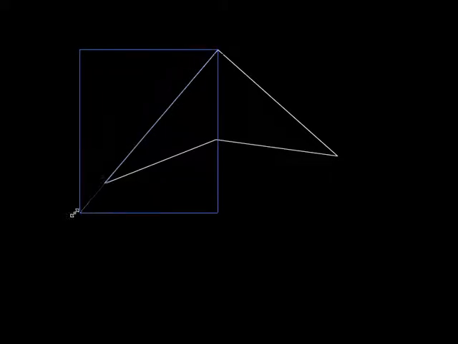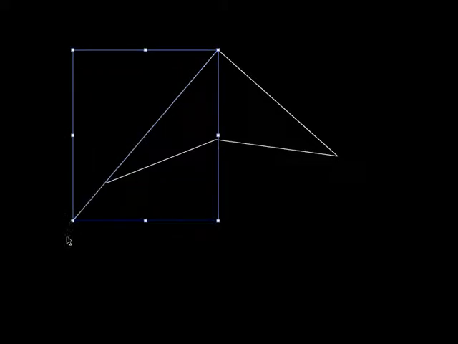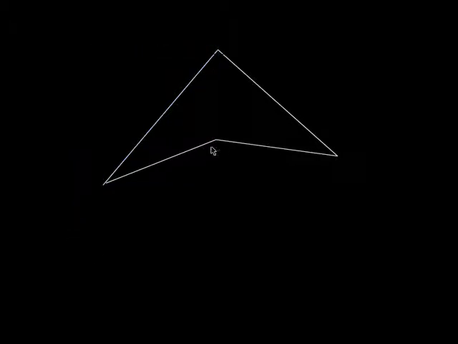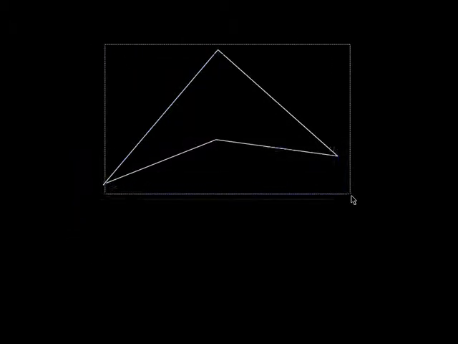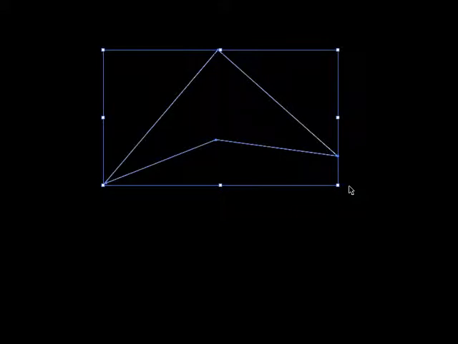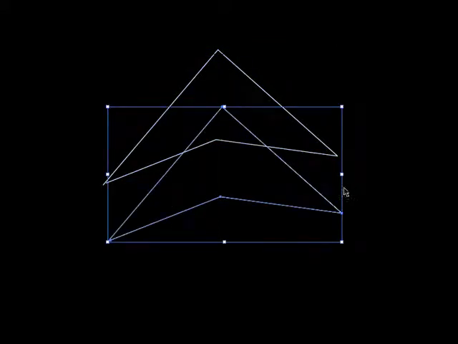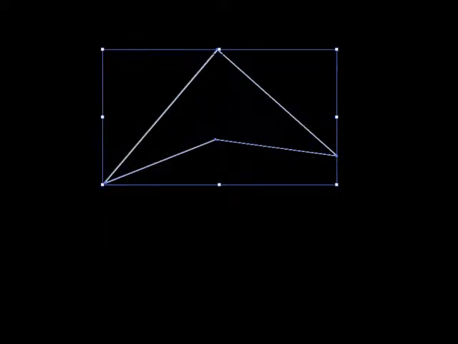Watch. What if I extended? I'll tell you what I'm going to do. Let me do something here. I just want to see if this will work. I don't know if this will work or not. Copy, paste. And then I'm going to put this right on top of it. Right there. Then I'm going to make it a different color. Make it this